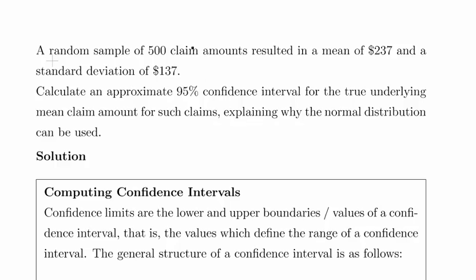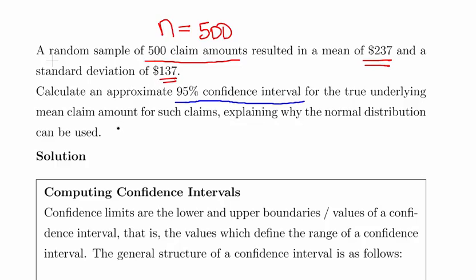Okay, in this presentation we're going to look at confidence intervals, and in this question we're going to calculate a 95% confidence interval. A sample mean of 500 claim amounts, so that's n equal to 500, which is a large sample, results in a mean of $237 and a standard deviation of $137. Calculate an approximate 95% confidence interval for the true mean claim amount for such claims, explaining why the normal distribution